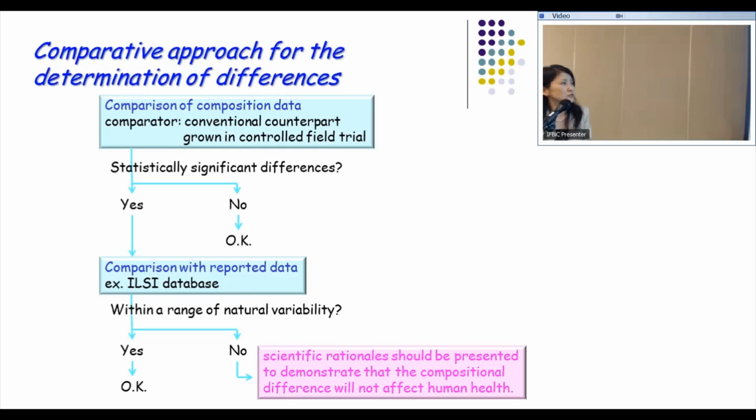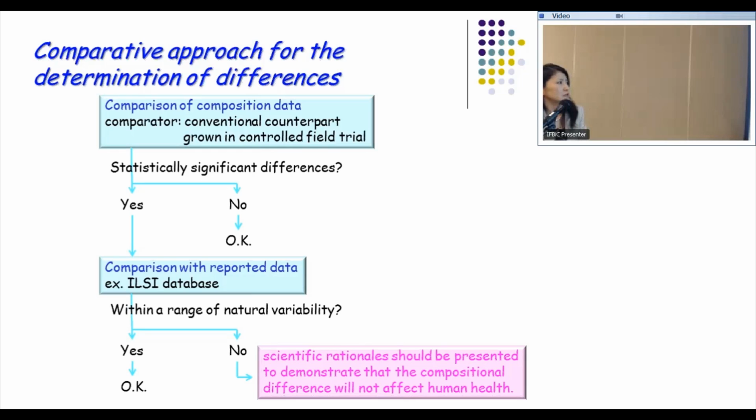And actually, the data from the ILSI database has been used for the safety assessment of some of the GM soy, GM maize, and GM cotton. But unfortunately, nobody has applied for the safety assessment of GM rice. So I haven't seen our database used for the purpose of safety assessment. Anyway,